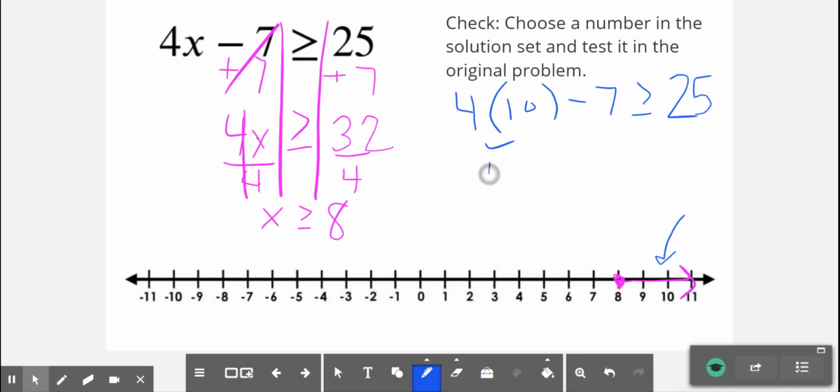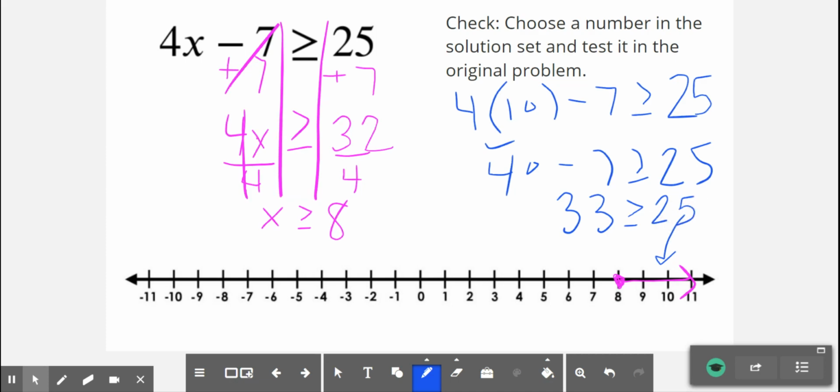So I get 40 minus 7 is greater than or equal to 25. 33 is greater than or equal to 25 is true. So that means my arrow is going